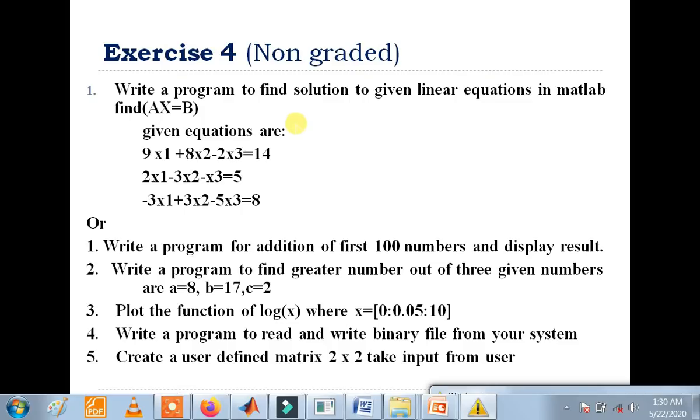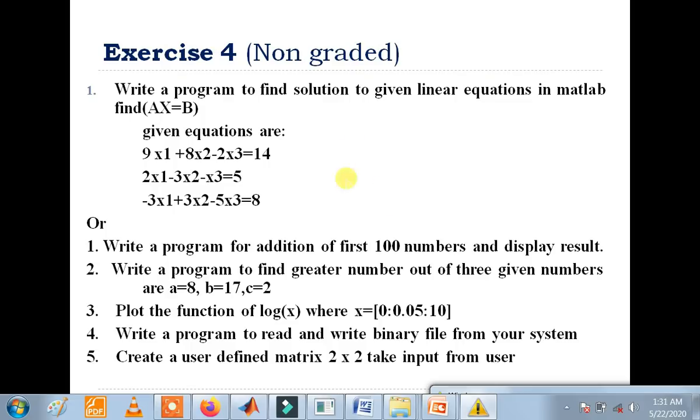So we get the equation as X equals INV of A into B, so that we get the result for the X variables, and we can give the solution for this linear equation. So likewise you can do this exercise.